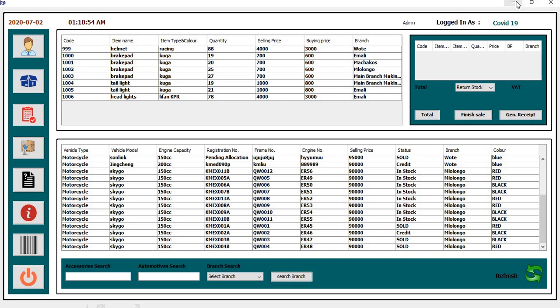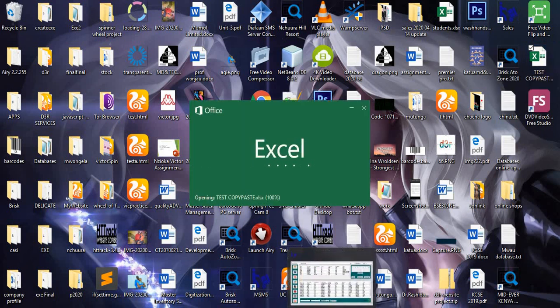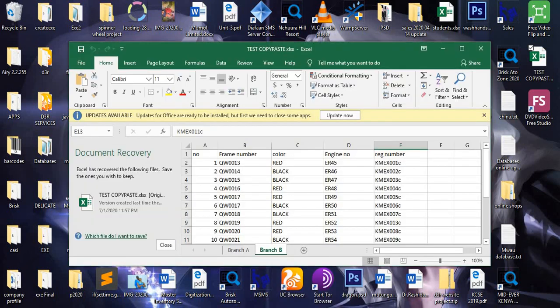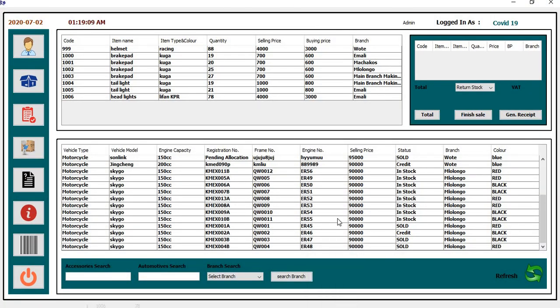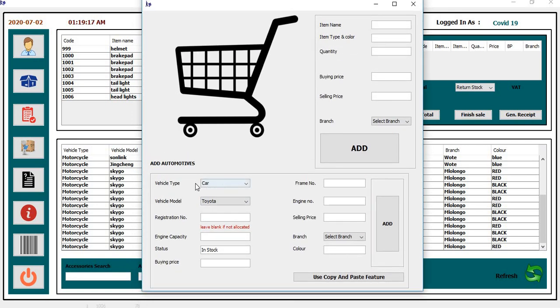So for example, let's say you have a master list in Excel and you have some items you want to copy from the Excel to these vehicles. For example, if I want to add the cars to a vehicle to this place, I can use this manual way of adding items, whereby I just select the item. For example, let's say it's a motorcycle, let's say it's Yamaha, registration number, let's say is KMC